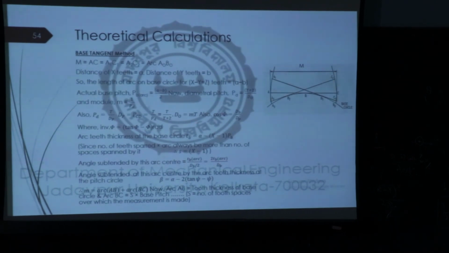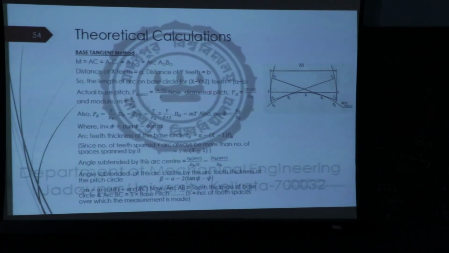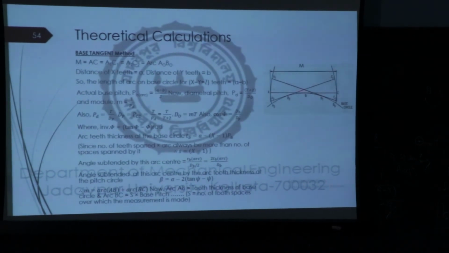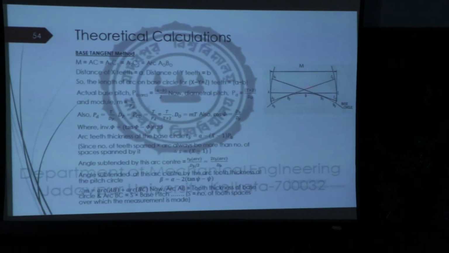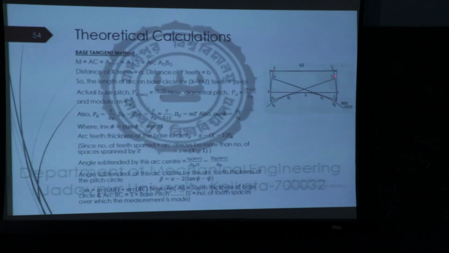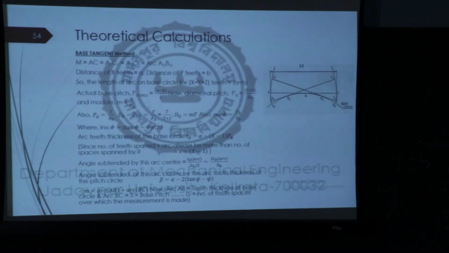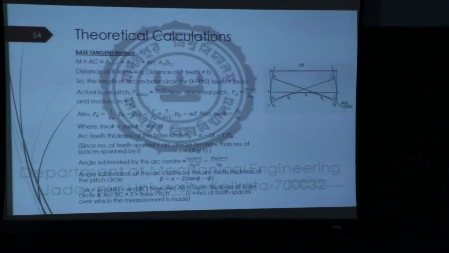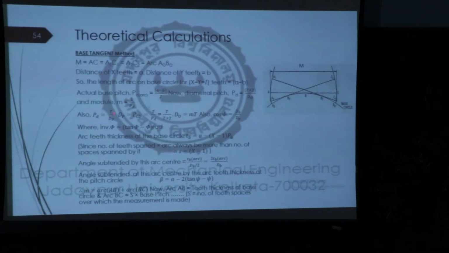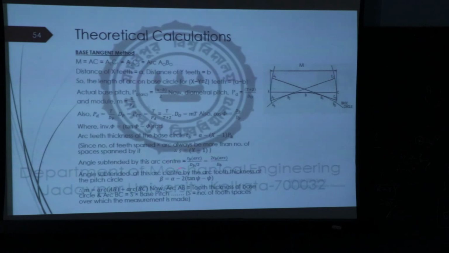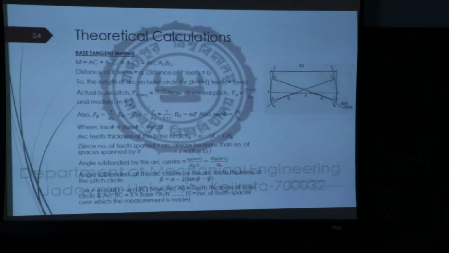This is again the theoretical calculation, the base tangent micrometer, the basic principle. AC is the tangent to the base circle. Tangent to the base circle means AC equal to A1C1, A0, so it means arc A0B0. Actually, based on this principle only, whatever dimension you take using the base tangent micrometer, it will come over the base circle with this line only. Similar things have been discussed already, how to find the pitch and the thickness. It is only repeated for your better understanding. The same thing has been discussed earlier, in a bit more detail.